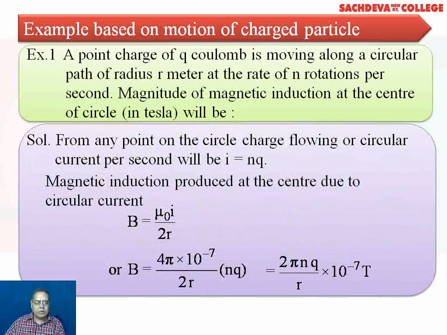From any point on the circle, the charge flowing, or circular current per second, will be I equal to nq, where n is the number of rotations and q is the charge. Magnetic induction produced at the center due to circular current is B equal to mu naught I over 2R. Compute the values. The value comes to be 2 pi nq over r into 10 to the power minus 7